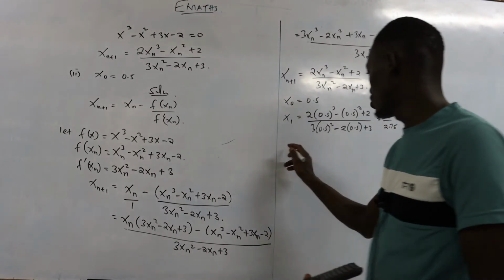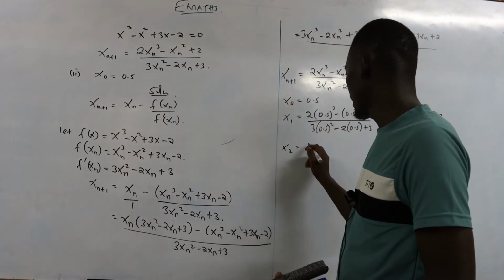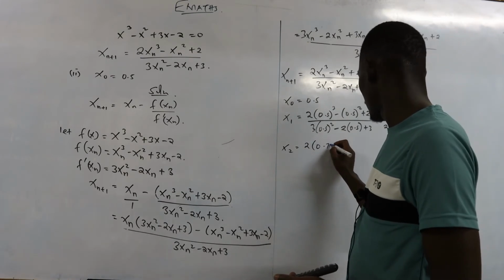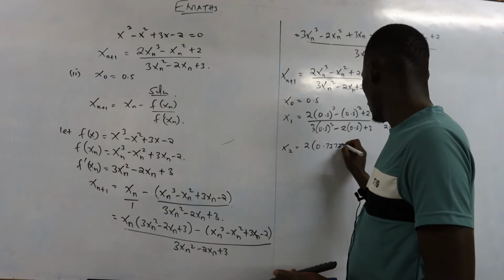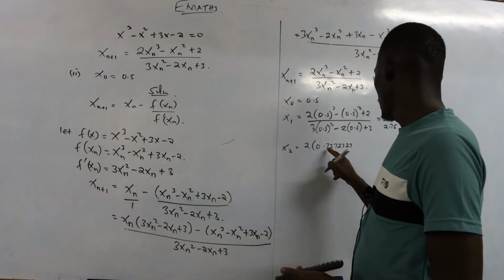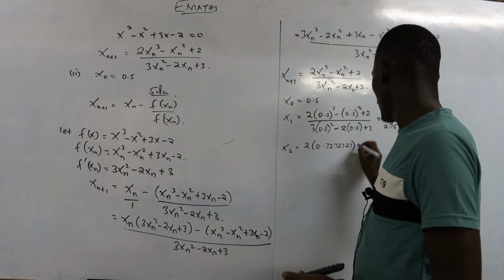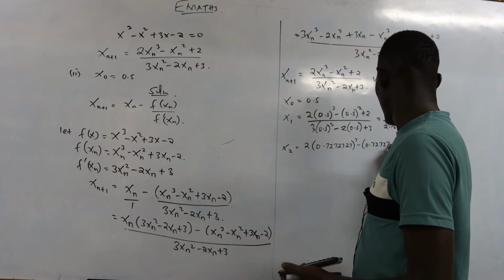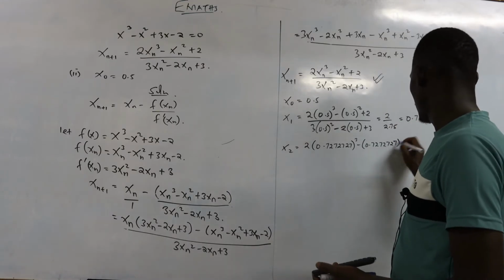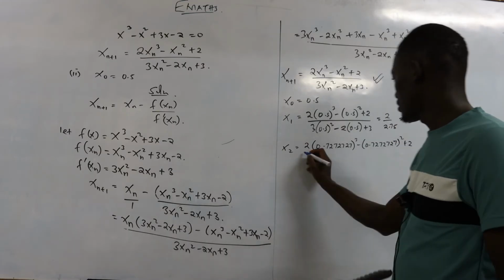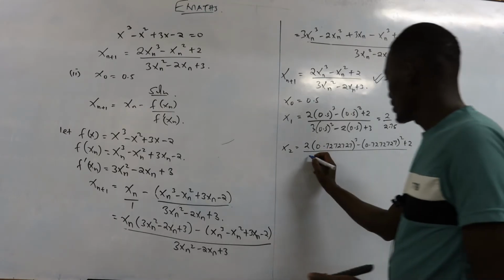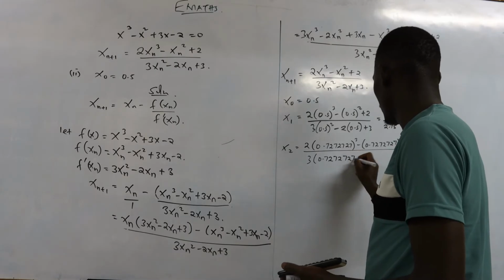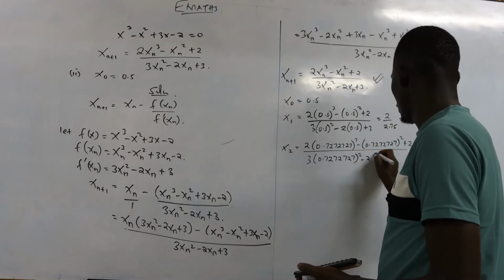So your x2 will be given by 2. Now replace this number, 0.72727. So these are 7 cubed minus 0.727272, then you have 7 squared plus 2, okay, all over 3 times 0.7272727 squared minus 2